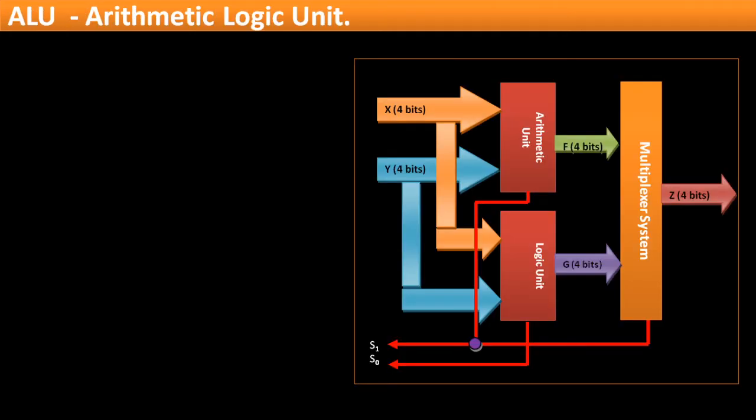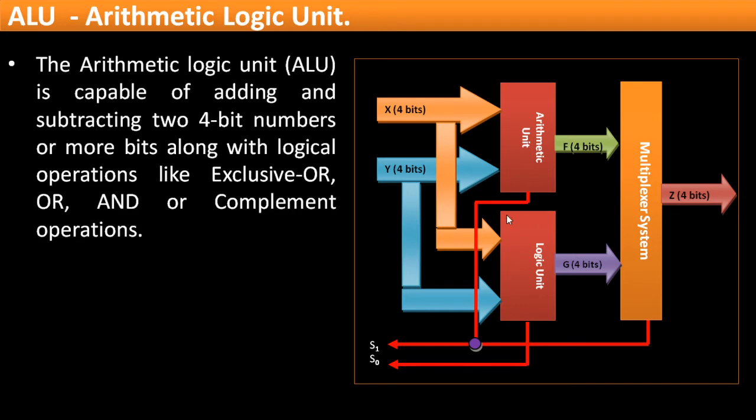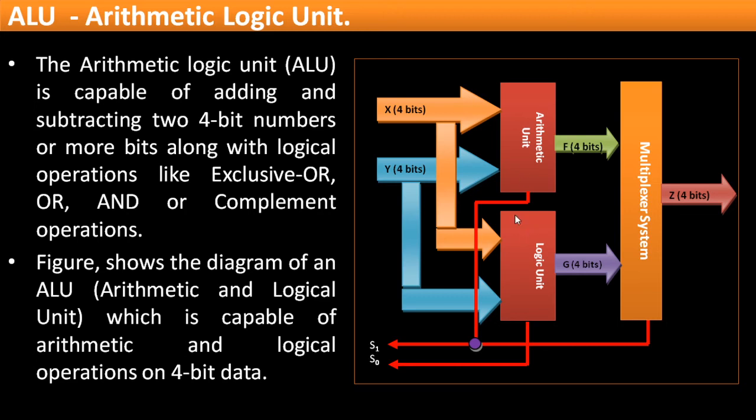Now, if you talk about a simple arithmetic logic unit, you can see on the right hand side we have a diagram of an arithmetic logic unit. This is a general view of an arithmetic logic unit, where you have an arithmetic unit here, you have a logic unit here, and depending on the instruction provided to the computer, either it will go for an arithmetic operation or it will go for a logical operation. So in this case we are showing a 4-bit arithmetic logic unit, where we have 4 x bits and 4 y bits. Both are connected parallel to the logical and arithmetic unit.